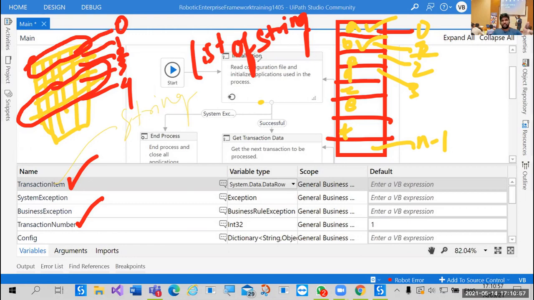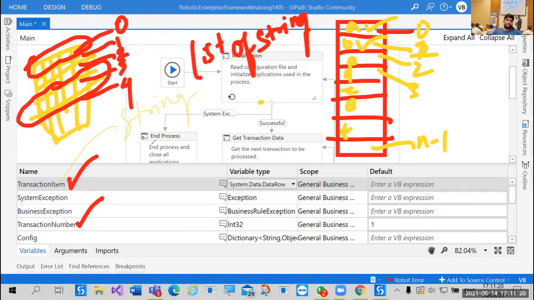Whenever there is a collection, a single entity in a collection will be a transaction item. Okay, sir. In a list, we are taking a transaction item as a string. Correct. In data row, data table, or Excel, a data row. Correct. In queues, a queue item is the transaction item.